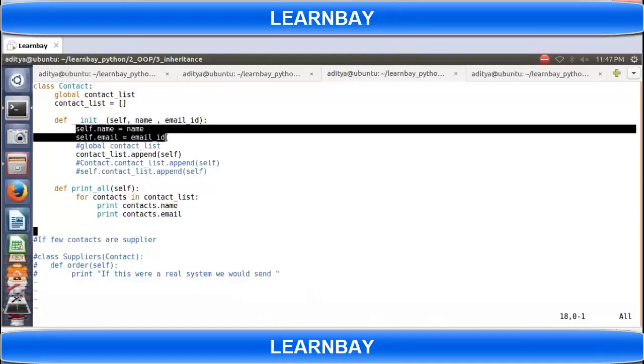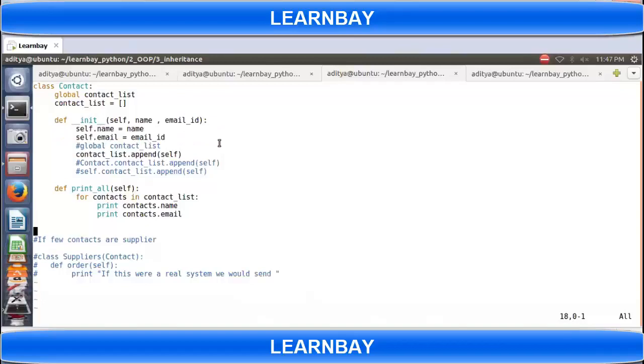So say I create multiple instances of contact, C1, C2. All of them will append to the same list by default. It will not be destroyed at any time; it will be destroyed when the complete software exits. If C1 gets deleted, that list will not be affected. I mean, that list will still be there.